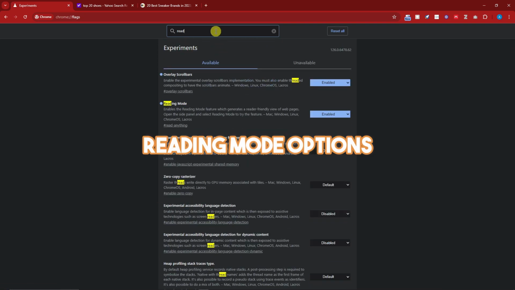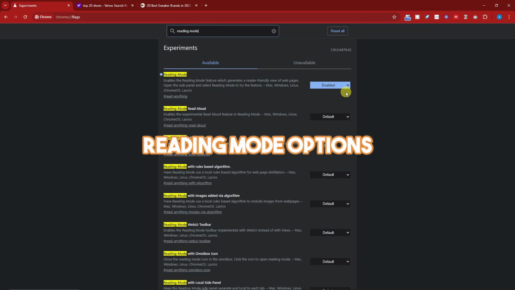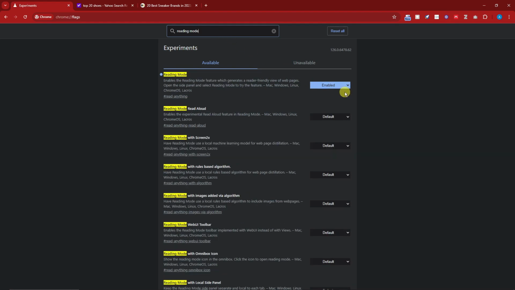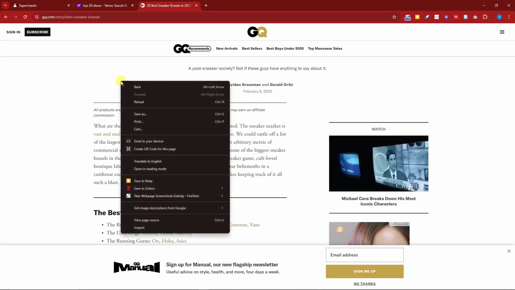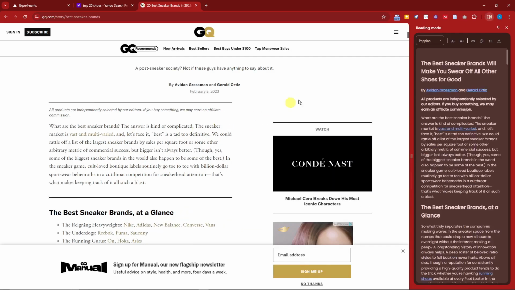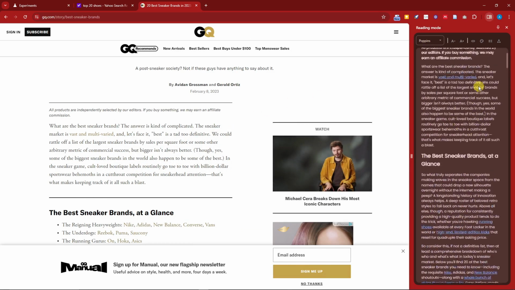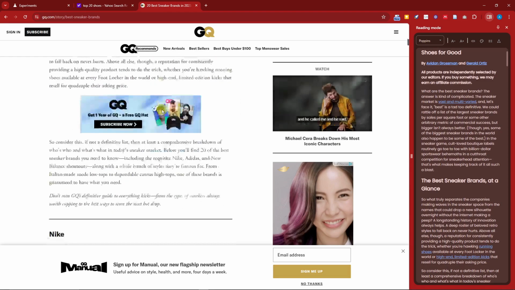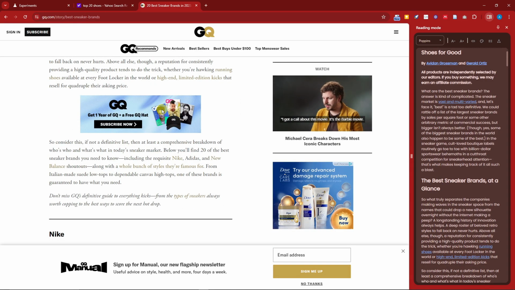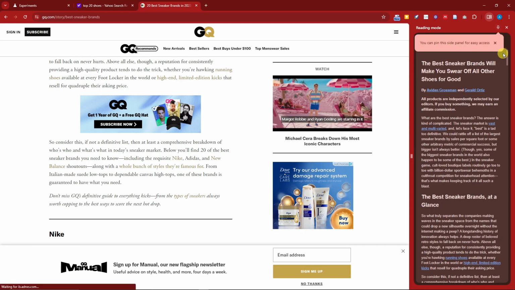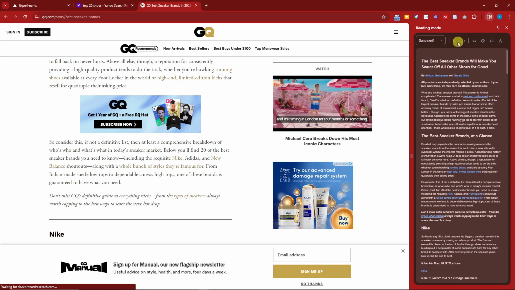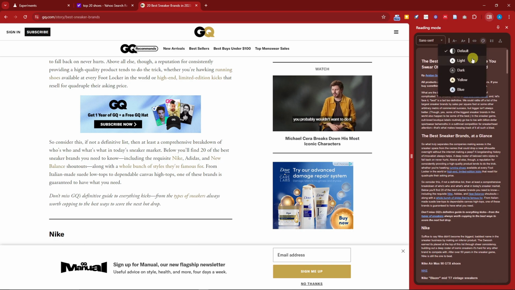type in reading mode. As the name suggests, it helps you read. Let's go to an article that I have. Once here, simply right click on any part of the screen and look for reading mode. Instead of having ads, advertisements, and a very cluttered website or article, just go here. You can change the size, the font. You can choose the font size also, the link, the color right here,